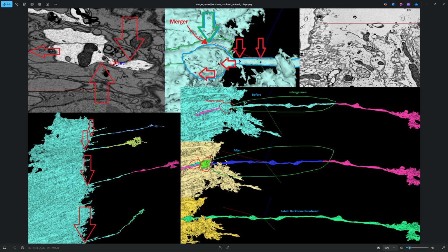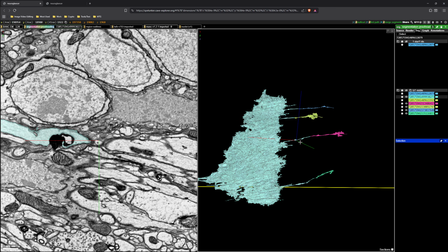So in the last image, you can see the before, the area we're trying to obtain. After the split, you can see that there are a few different color segments here now. I did, I think, 3 splits. And then we have the salvaged area that we would like to add to the rest of our backbone. We have combined all said pieces, and now we have a legitimate backbone proofread candidate, which we can send to the BancBot. So pretty simple, but let's take a look at some examples just so that we can see it